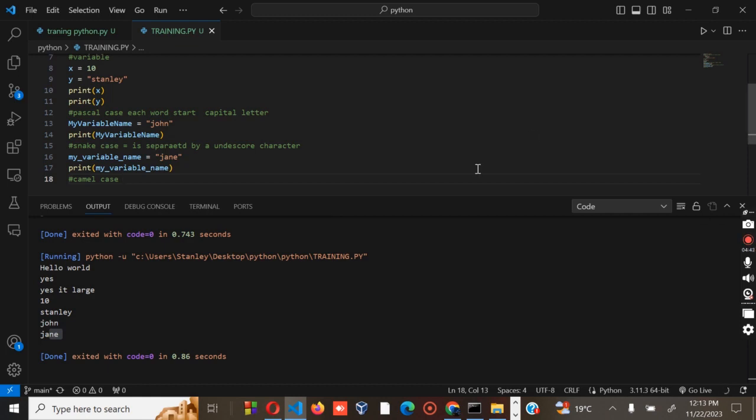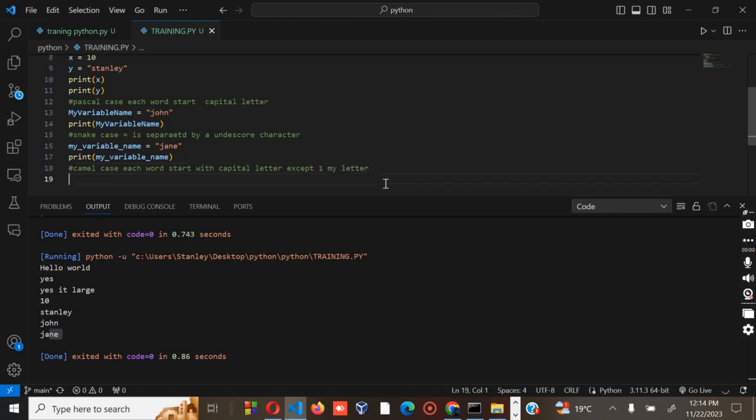For the camel case, each word except the first one starts with a capital letter. For example, myVariableName.